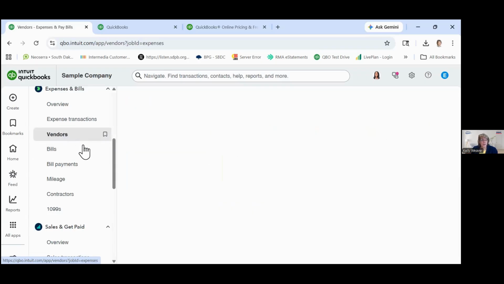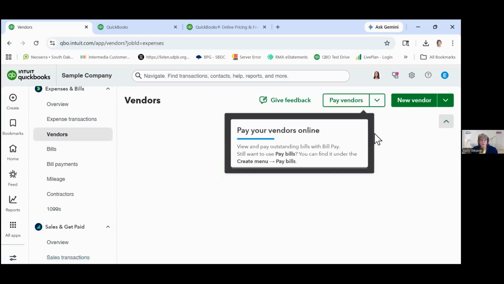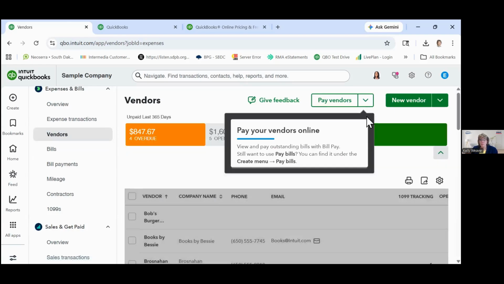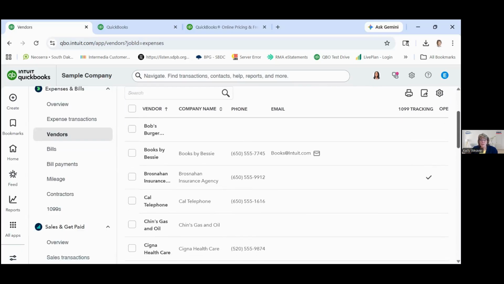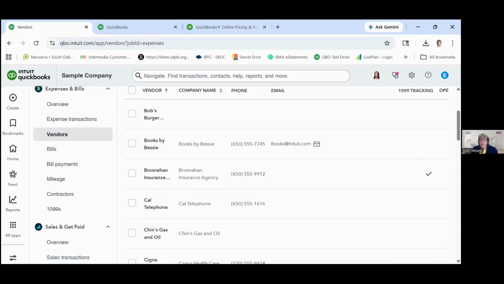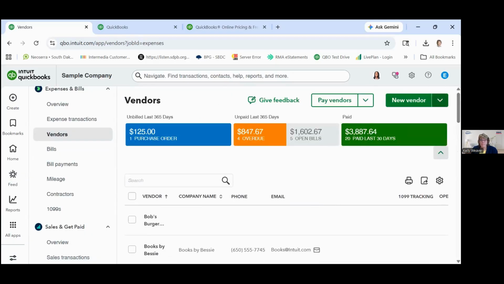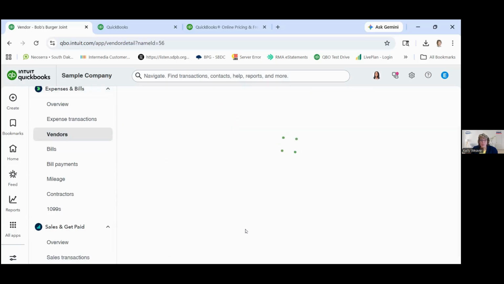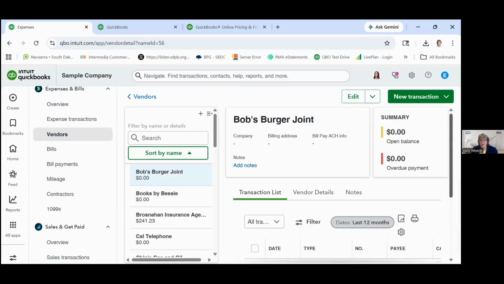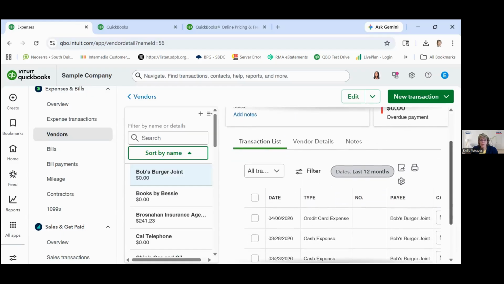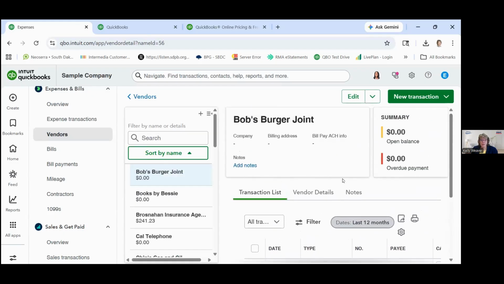First, let's look at our vendor list. You'll see that it's very similar to the customer list. It also has the detail of transactions with that vendor, their current outstanding balances, and their vendor details.